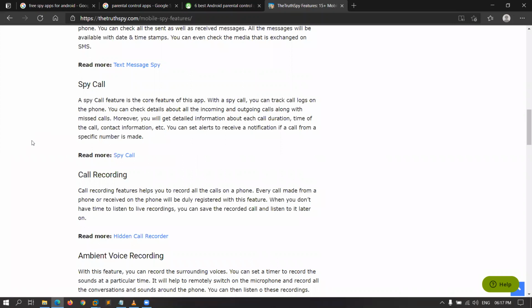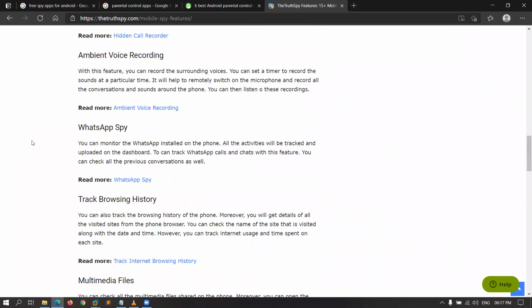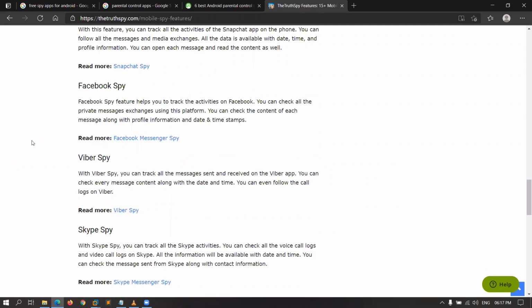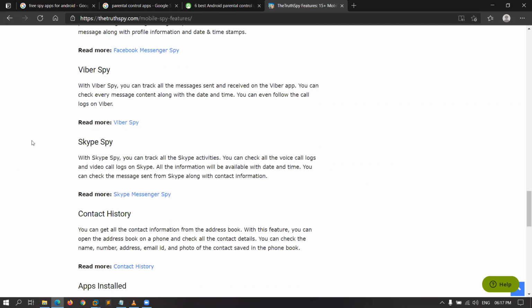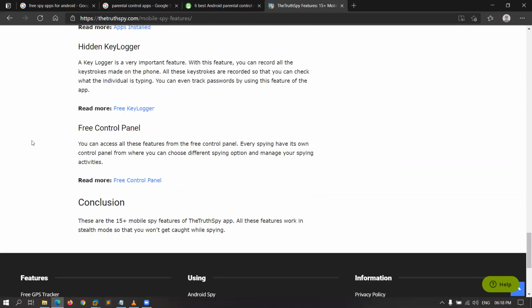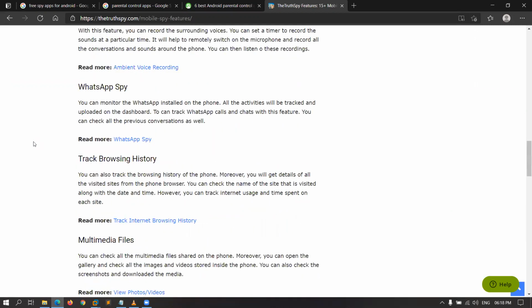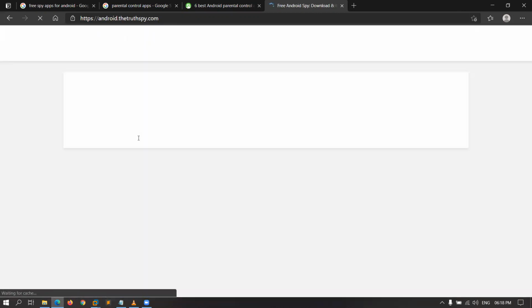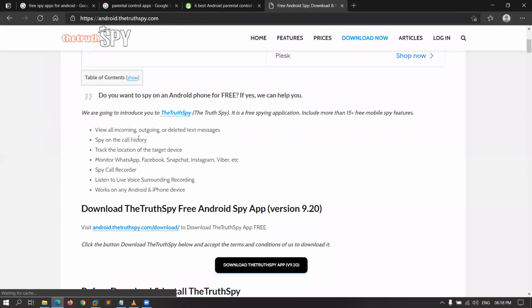SMS spy, call recording, voice recording, WhatsApp spy, track browsing history, multimedia files, Snapchat spy, Facebook spy, Viber spy, Skype spy, contact history, apps installed, hidden key logger, free control app, anything. You can do lots of things. And the step-by-step process to install this is given.